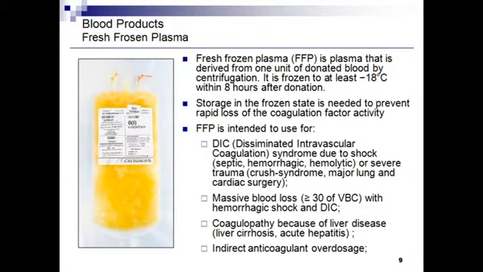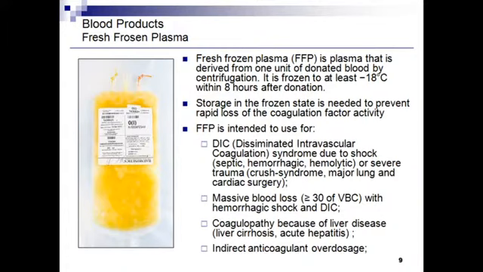This is a clinical syndrome which complicates various critical states such as shock, for example septic, hemorrhagic or hemolytic, or severe trauma, for example crush syndrome, major lung and cardiac surgery. Actually, any major surgery can be complicated by DIC,